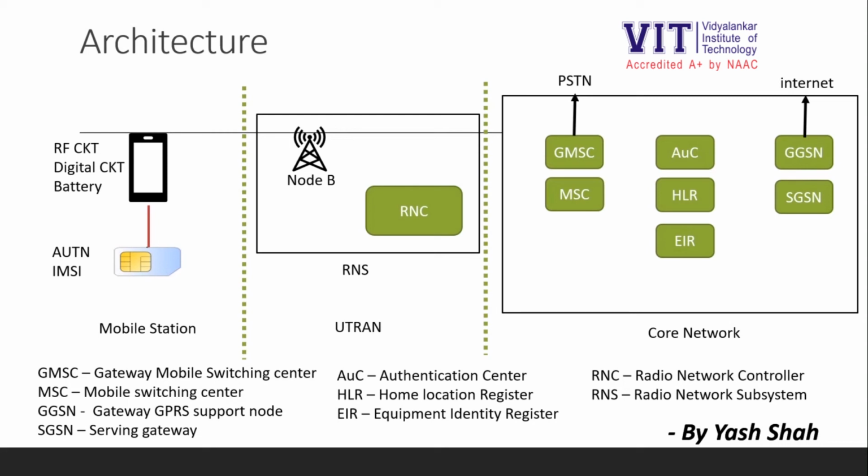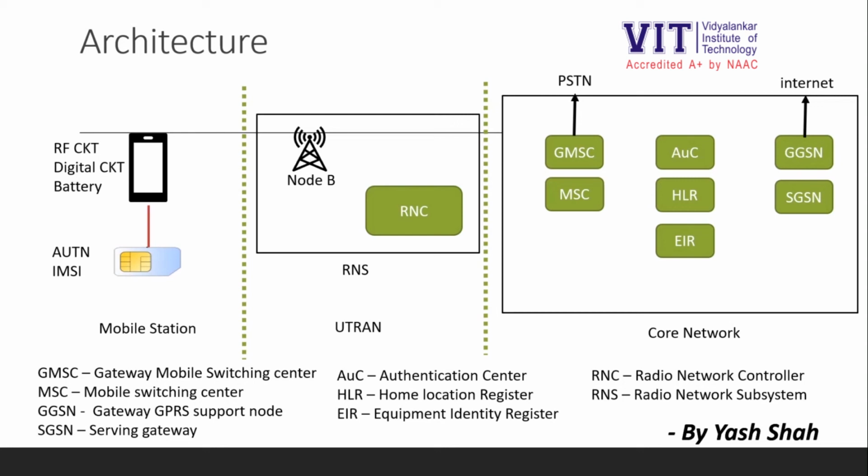So if your cellular station or your mobile station moves from one cell to another, your cellular phone cannot be directly authenticated by the core network of that particular cell. The next component is GMSC. GMSC is a gateway for the mobile switching center. The mobile switching center takes care of intercellular movement of a mobile station. GMSC helps us to connect to the network where we can transmit our voice signals.